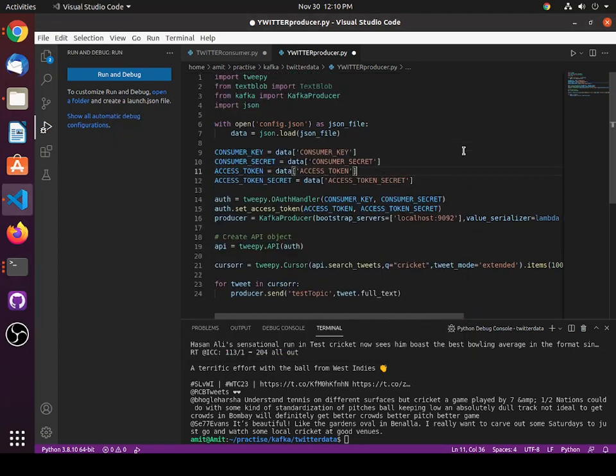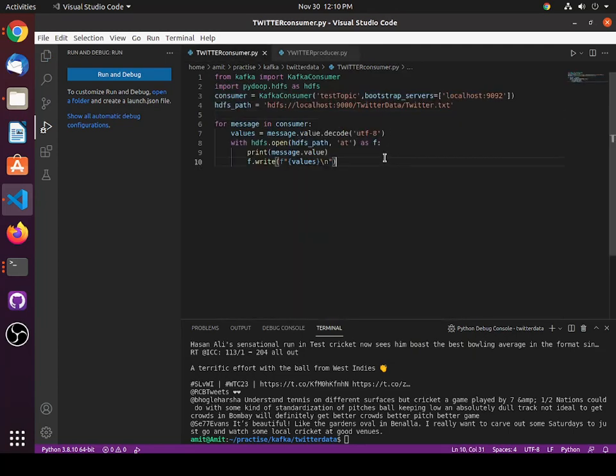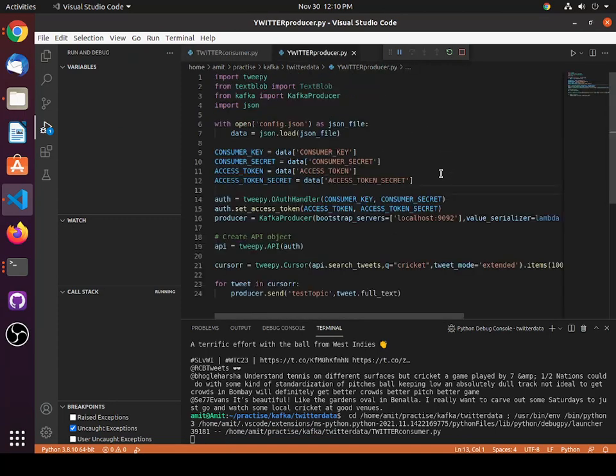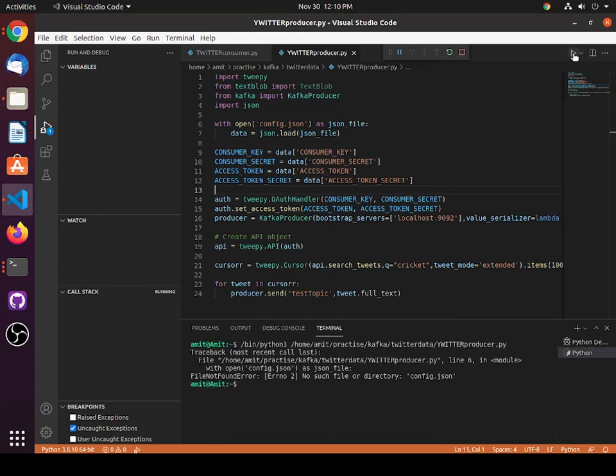What we are going to do is run the producer and consumer. First of all, we will run the consumer. As you can see, the consumer is running, and now we are going to run our producer.